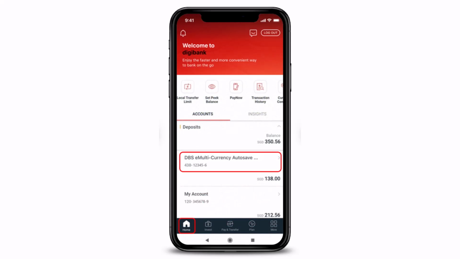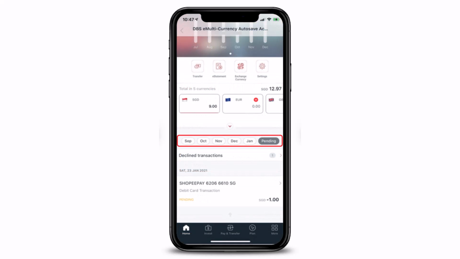First, just make sure that you are under the home tab from the bottom left, and then tap on deposits and select the account that you wish to view. So just make sure to tap and expand the menu called deposits and simply select the type of account that you wish to view. And here you may view up to the past 6 months of transaction history, including